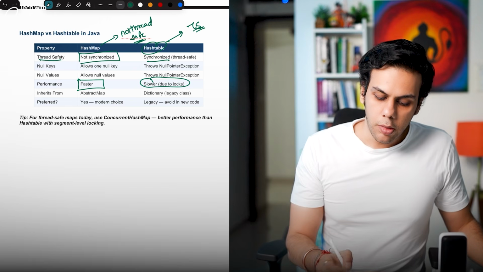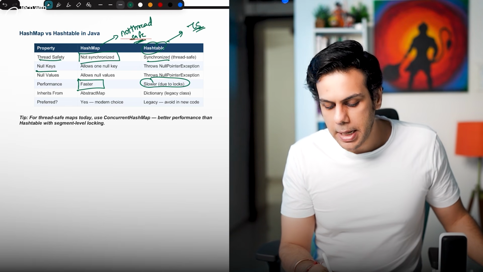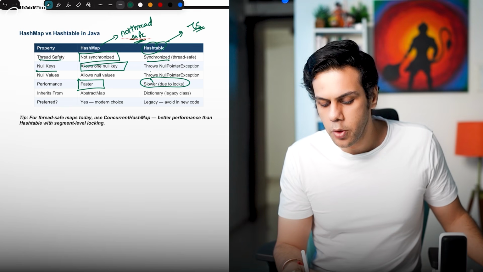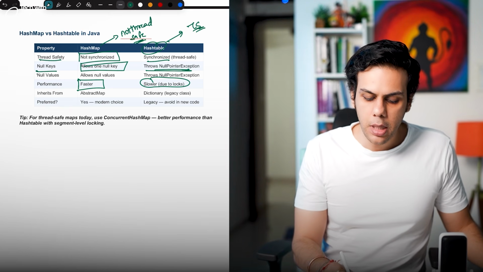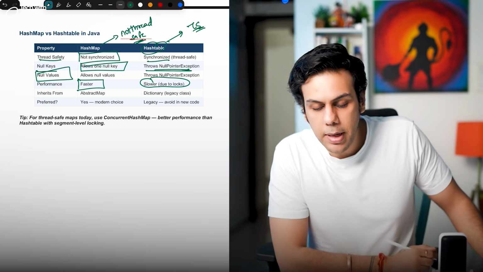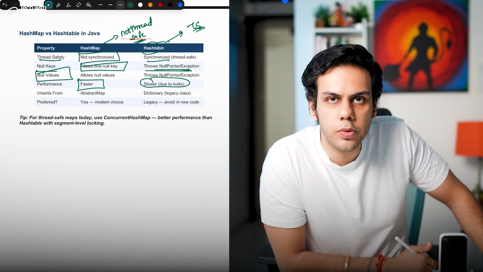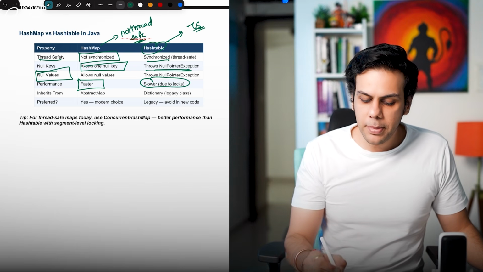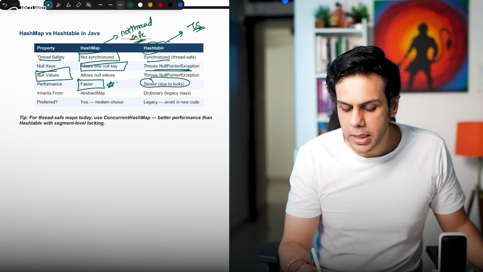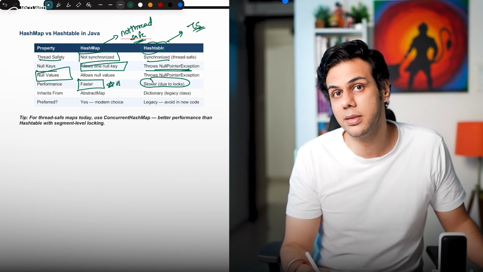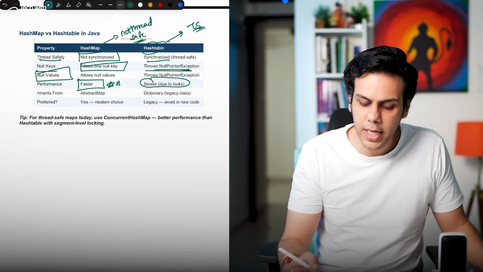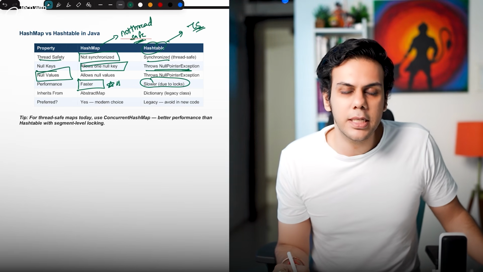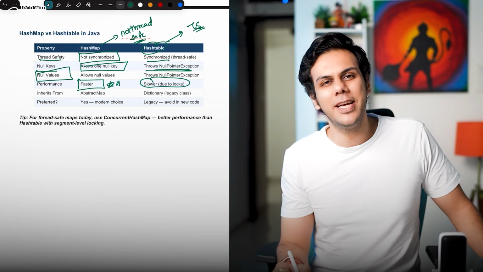Now, talking about null keys, hash map allows one null key, but hash table does not allow a null key. So you're going to end up having a null pointer exception. Null values, hash map allows null values. Hash table is going to give me a null pointer exception. Performance, as I've said, hash map is fast because it is not synchronized. It's not thread safe. That's the reason it is fast. And hash table is synchronized, because it is synchronized, it is thread safe, and that's the